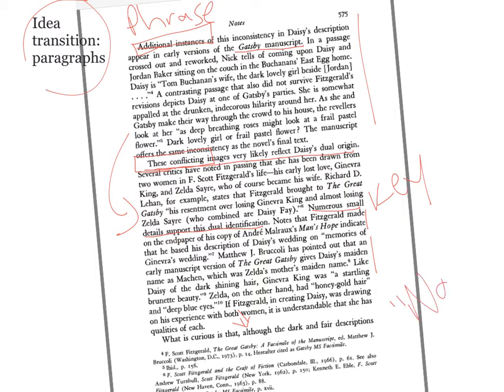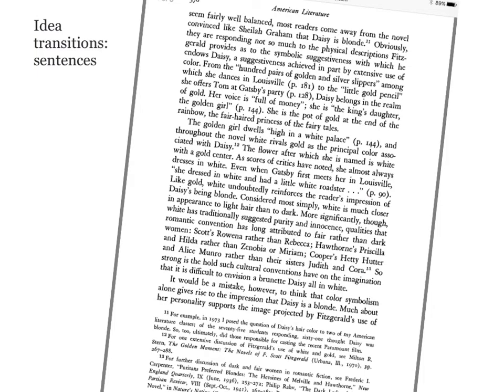You might consider this as the beginning of a naysayer paragraph as you look at the introductory sentence here. What is curious is that although the fair and dark descriptions seem well balanced, most readers come away from the novel convinced that Daisy's blonde. So there you've got a recognition that some people might argue against that. So as we look at this potential naysayer paragraph, it's saying, okay, what does the reader bring from the story, and why do they think that Daisy is blonde, even though the balanced descriptions, both in the manuscript and the final draft, have both that blonde and brunette